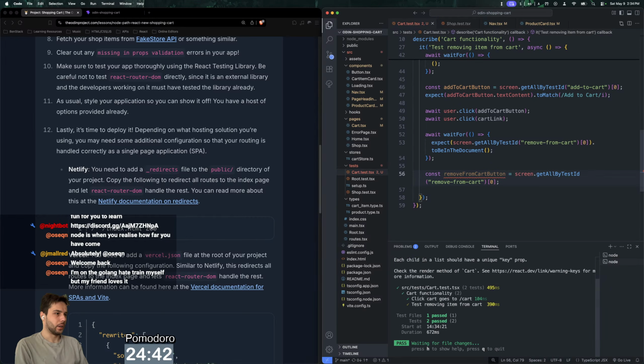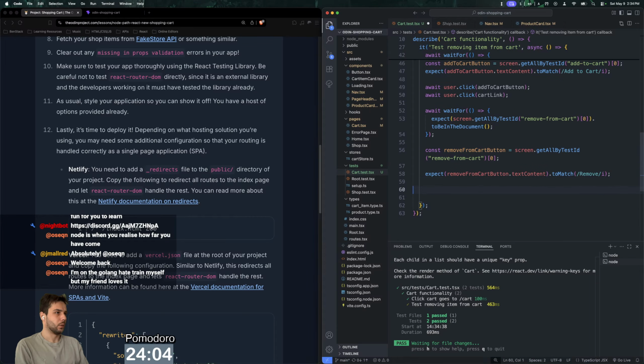And then I need to expect removeFromCartButton.textContent.toMatch remove. I think it's just remove. Yep. And then await user.click